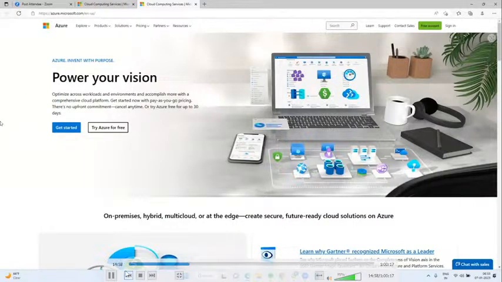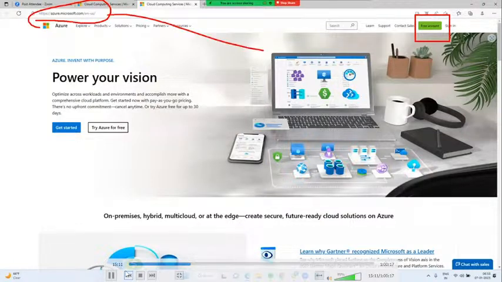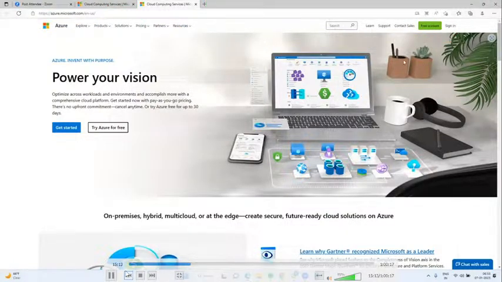Next, this is about azure.microsoft.com. To subscribe for the Azure free trial, here we have one option called free account. Same URL, we have one free account.